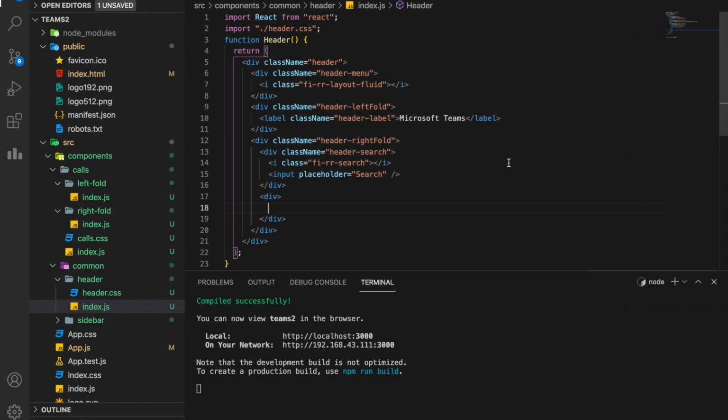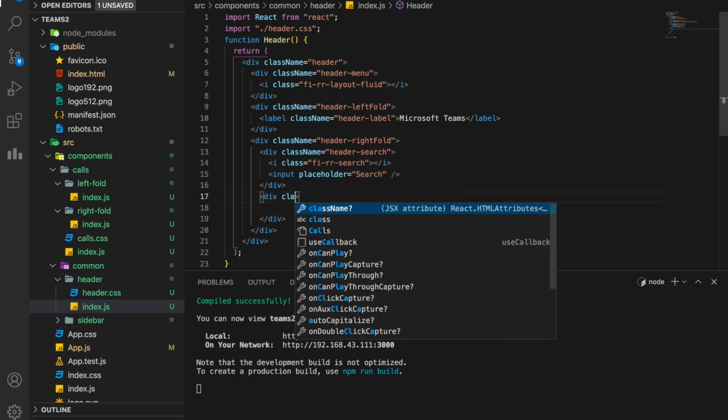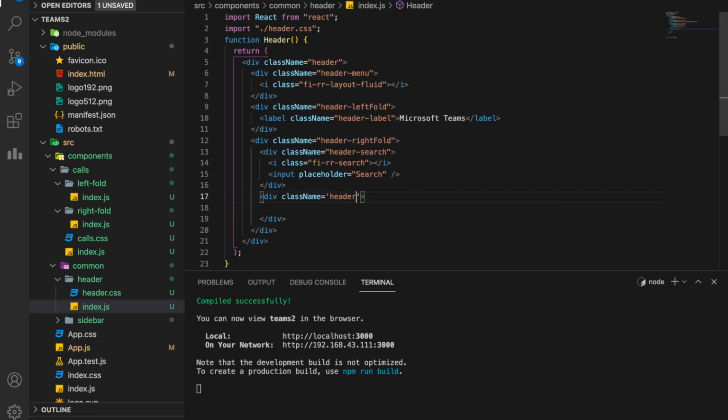I don't know if it's avatar or avatar, both are correct. So yeah, let's give it a class name of header profile, header profile. Okay, and let's create two divs, one for the options, let's call it header options,